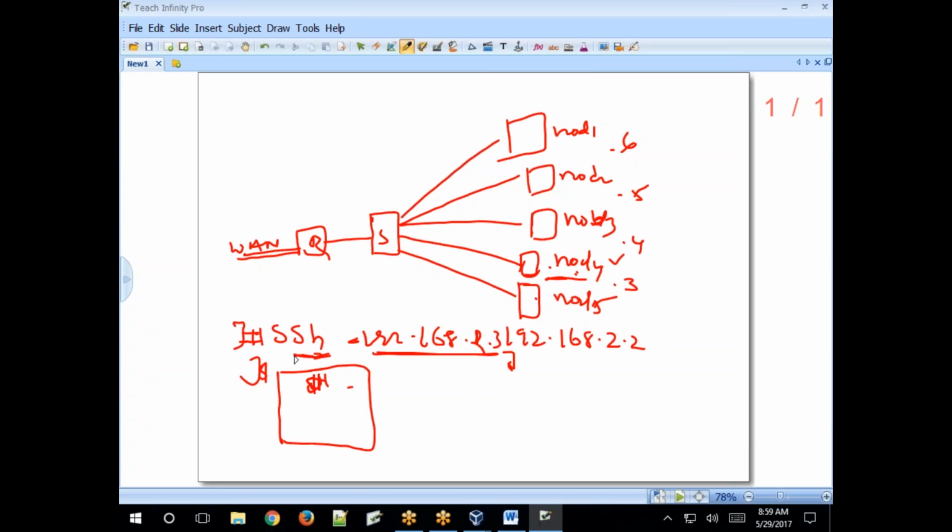So how do we take remote access? Using SSH. By default this protocol is enabled on your Linux system. If the protocol is not enabled, install the package called OpenSSH, and then the service will be installed automatically.